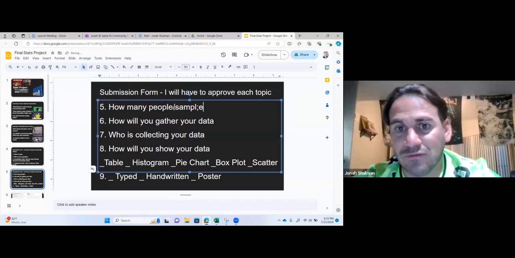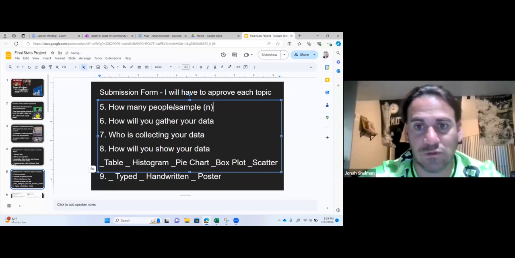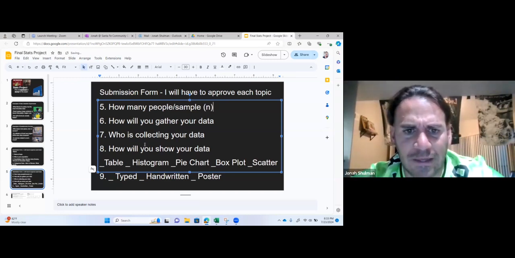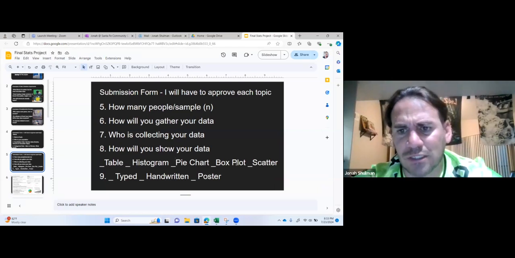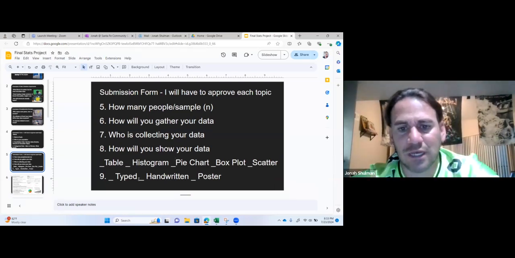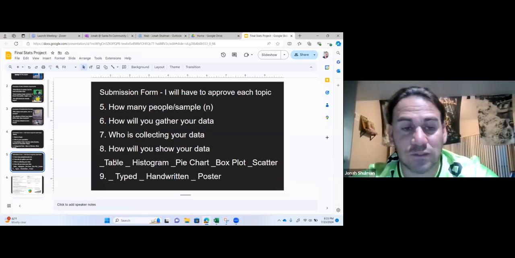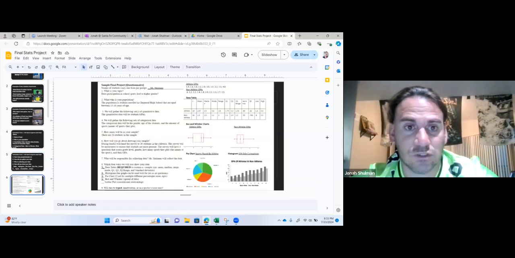Sample is just the amount of data. It's usually referred to as N. And then how will they show their data, which is a table, histogram, pie chart, box plot, or scatter plot? Are they going to do typed, handwritten, or poster? And then students would do this. And here's one that's